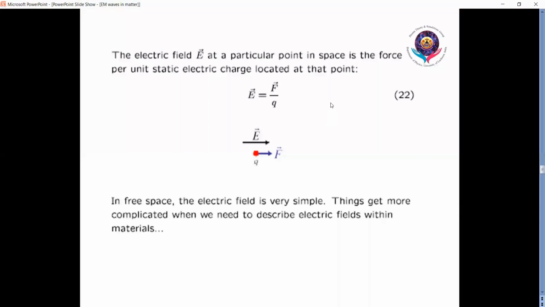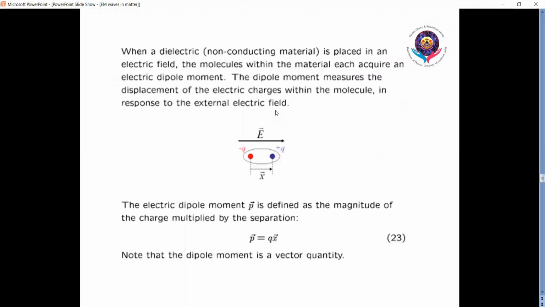So up till now, I have previously expressed that the electric field is the force per unit charge. So in free space, it seems a much simpler thing. Now, if we take a dielectric that is non-conducting and we apply an electric field to the dielectric, a dipole